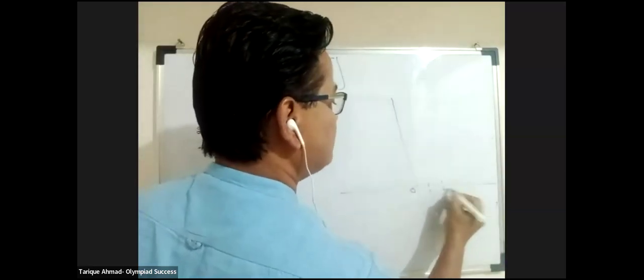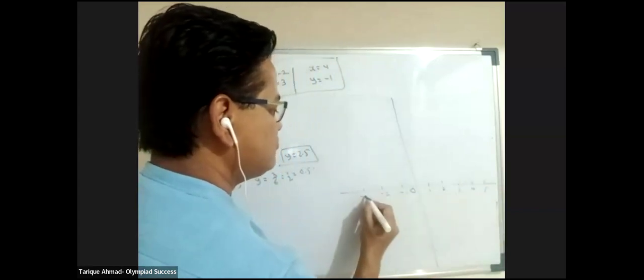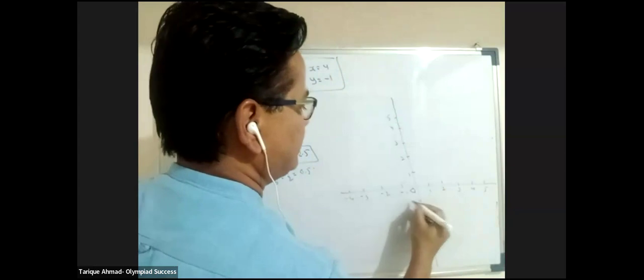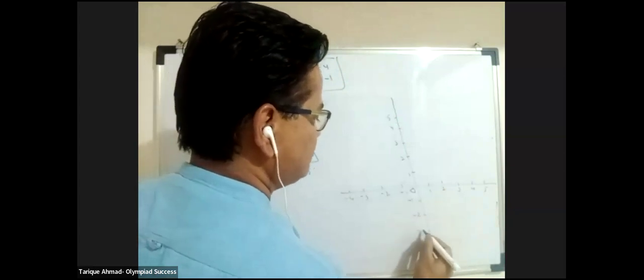Marking the axes: 0, 1, 2, 3, 4, 5, and -1, -2, -3, -4, -5.